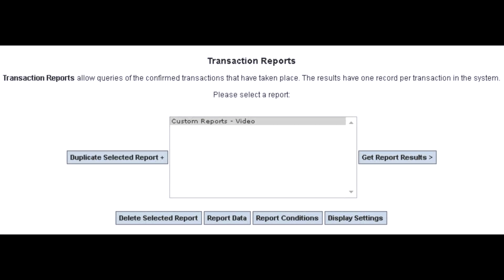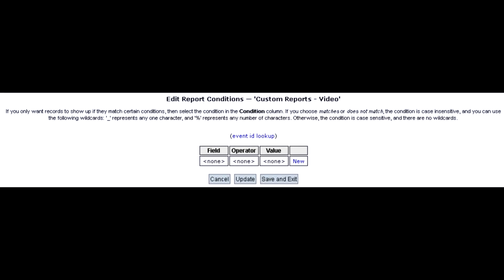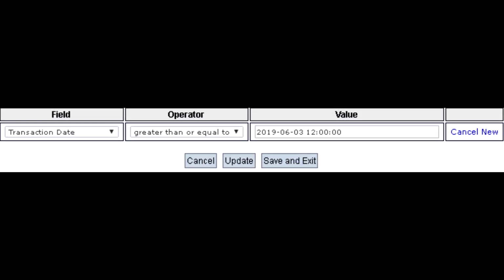Another example would be to filter by a specific time frame. If you wanted to filter to a specific time, you would again need to use the same format as e-RegisterNow. So let's say that you want to see all transactions that occurred on June 3rd, 2019 between 12 p.m. and 2:30 p.m. You would need to set up 2 report conditions. The first would use transaction date as the filtering field, greater than or equal to as the operator, and 2019-06-03